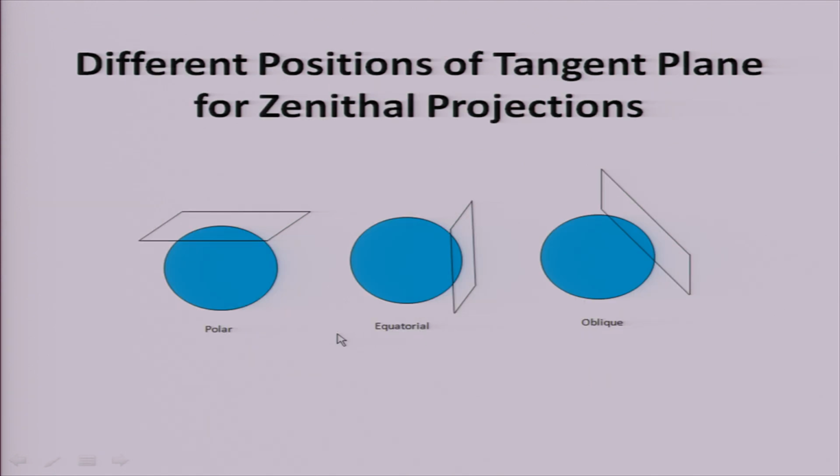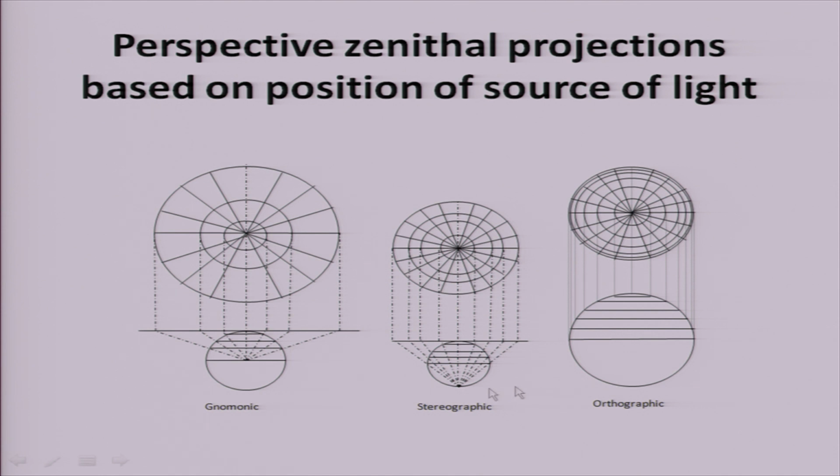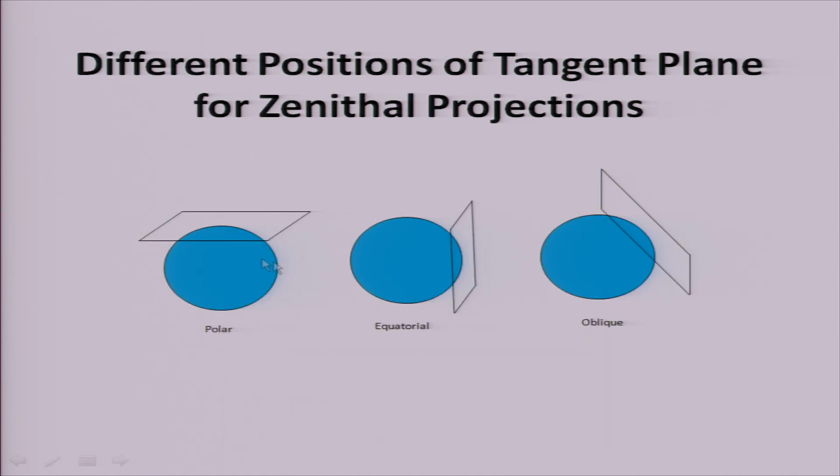Now each of these three types of projection is also divided into three more types based on the position of the tangent plane. If the tangent plane or the projecting surface is situated on either of the two poles, then it is called the polar case of zenithal projection. If it is touching any point along the equator, then it is called the equatorial case. And if the tangent plane is touching any point between the pole and the equator, it is called the oblique case